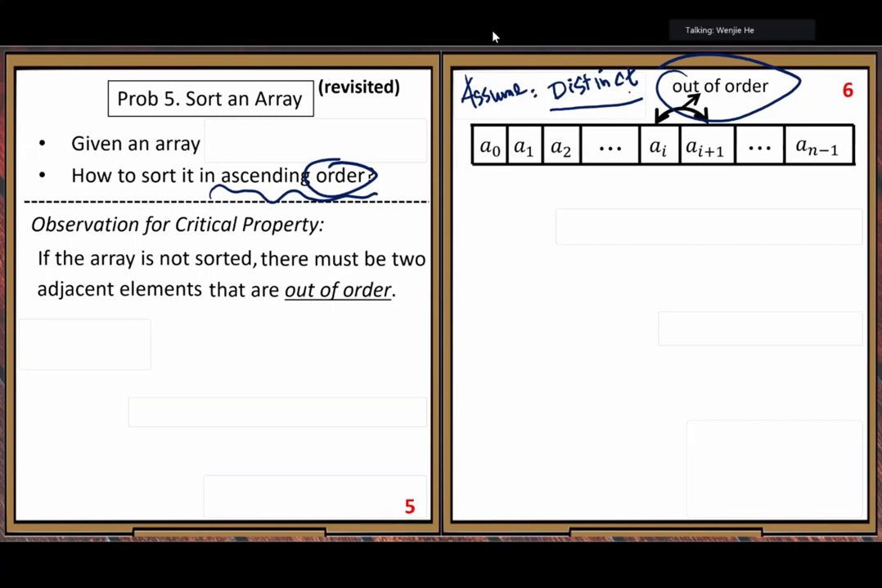This property: the array is not sorted, not in ascending order. Then there must be two adjacent elements, here two adjacent, that are out of order. Can you understand the statement? If you cannot get it,